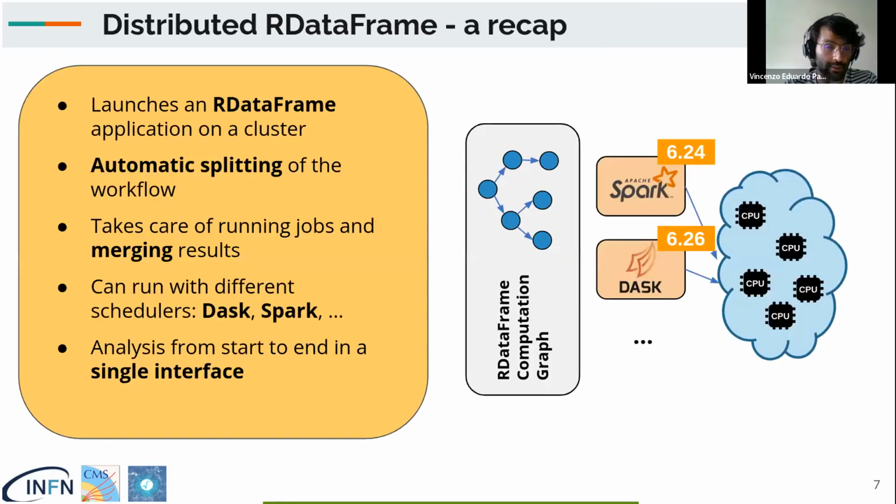And in particular, let me just give you a recap. RDataFrame itself is the main analysis interface that ROOT offers nowadays. It's been in production for a few years now, and its usage and description are out of scope for this presentation. So I will just move directly to saying that there is a distributed layer for RDataFrame,